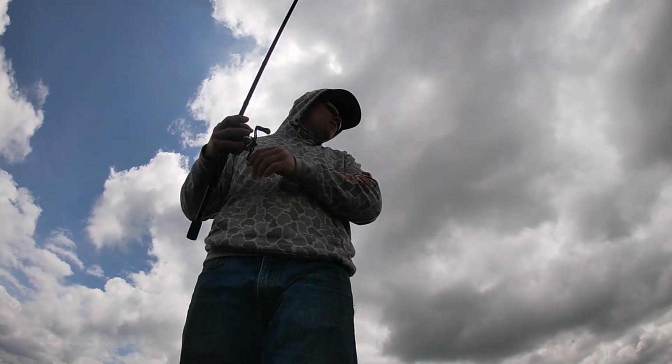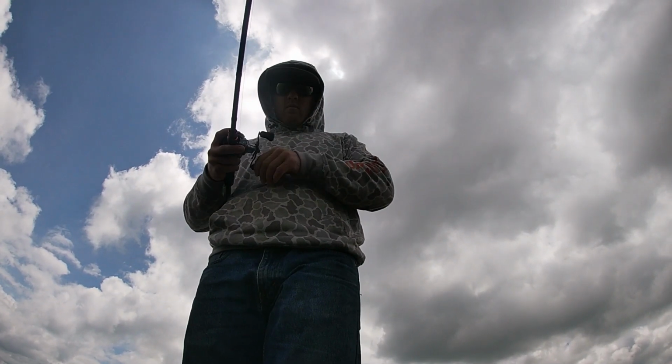These are, I think these are Waterland Millikins. I like these, they're an amber lens. They're a little bit brighter for when it's darker out, but I love the Bedfisher series. The Bedfisher series in a dark blue lens for when it's really, really sunny out really make beds pop extremely well,